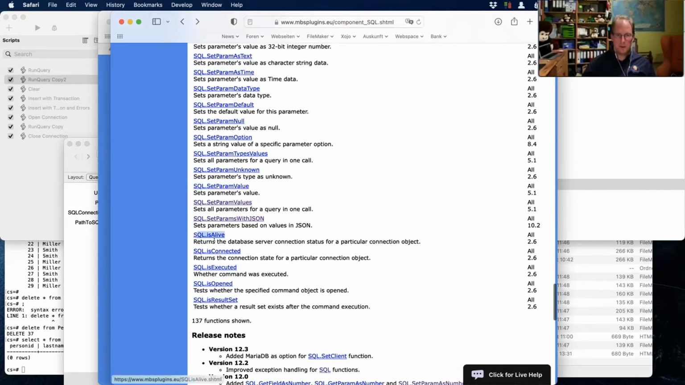So is alive tells you if the server recently replied to one of our pings, so it's still there. And is connected can tell you if you are connected. And has results tells you if you have a result from a previous function call, well, a select